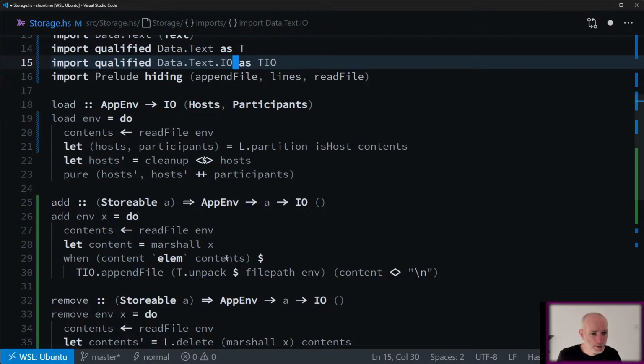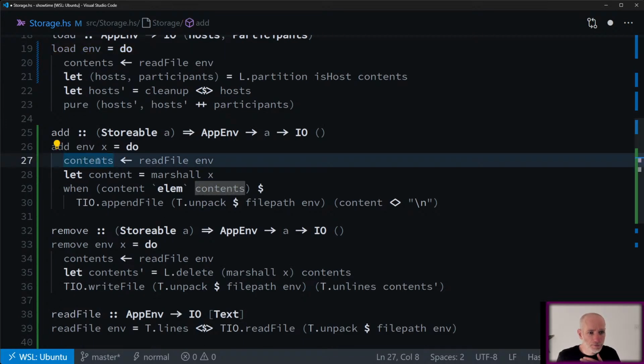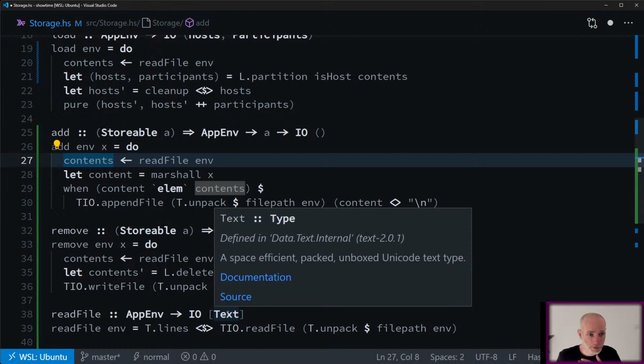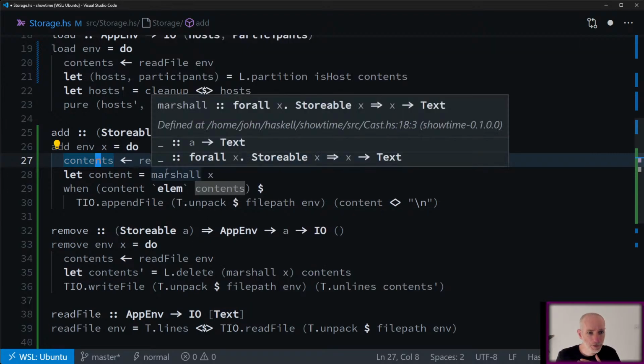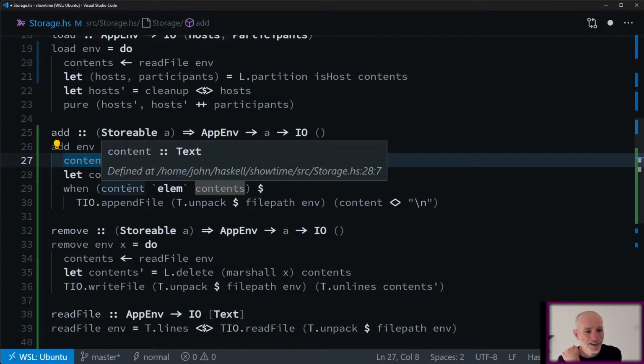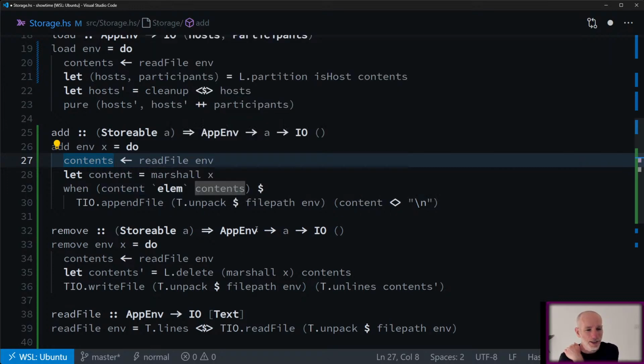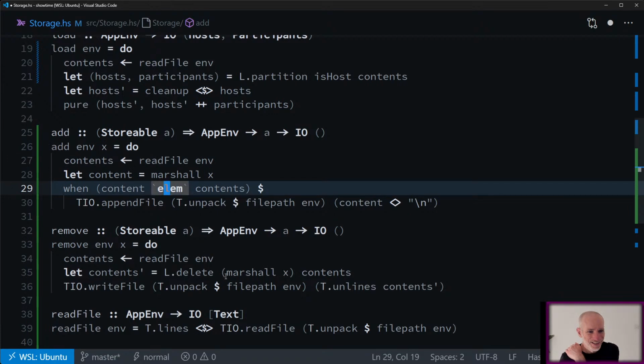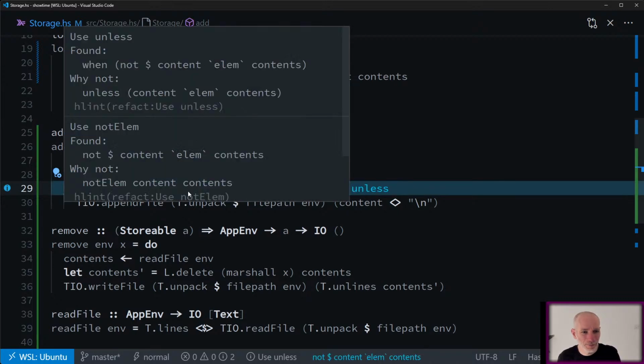Where were we? In add, we should have the entire contents of the file, which is split up into lines. Then we marshal our thing, or storable thing. And, oh, sorry. It's the other way around. So when it's not an element, I want the negation of this. What's going on here?